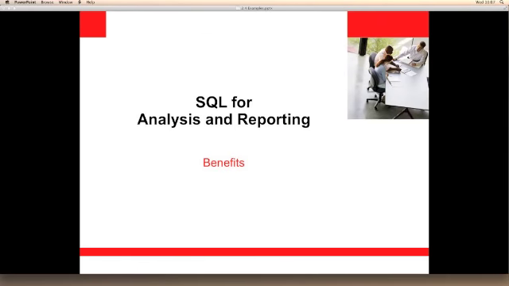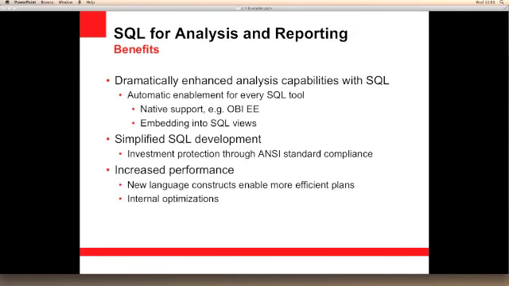So these examples show that it's very easy to create sophisticated SQL using Oracle's in-database SQL Analytics. Obviously there are lots of different ways to answer these business questions that we've just looked at. However, using SQL Analytics offers some key advantages over other methods. The use of SQL Analytics can enhance the capabilities of your existing tools. By embedding these features within views, you can make the result sets from SQL Analytics available to a very wide